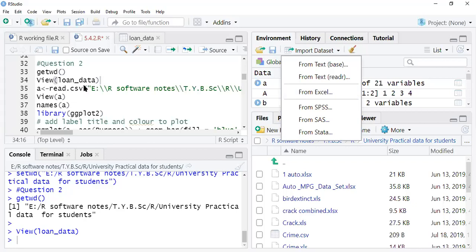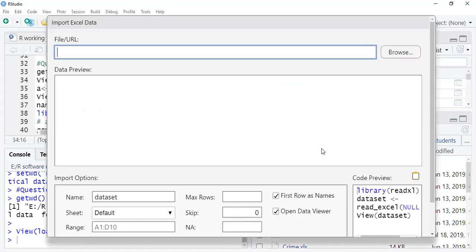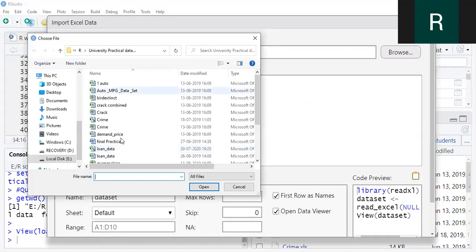That's why I usually recommend always going for CSV, because in CSV you can easily modify the data. In Excel format you cannot, because generally RStudio works with, means is compatible with, CSV files, not Excel files. But if you just access the Excel file, just import and access it. Again, you have to browse the path, browse to where we have saved the file.